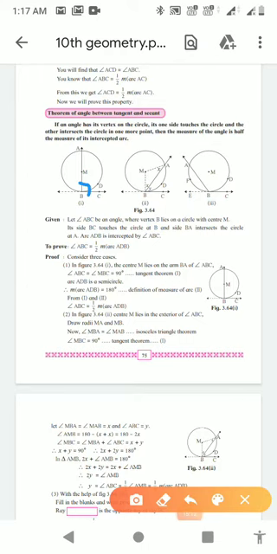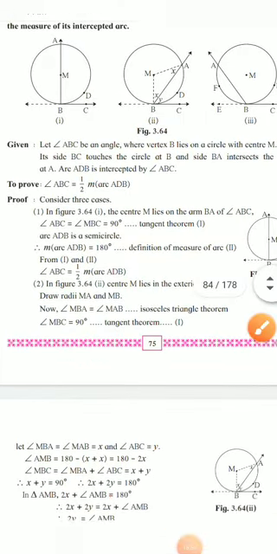Basically this angle ABC or angle MBC is 90 degrees, because according to the tangent theorem, which we have seen in the earlier part of this chapter, if a tangent touches the circle, it will make 90 degrees to the radius of the circle, isn't it. So this MB is a radius, and AB is a diameter, we can say, because this ray BA passes through the center of the circle, that is M. Then we can say that this angle ABC, which is equal to angle MBC, is 90 degrees according to the tangent theorem. So I will put this as equation number 1.